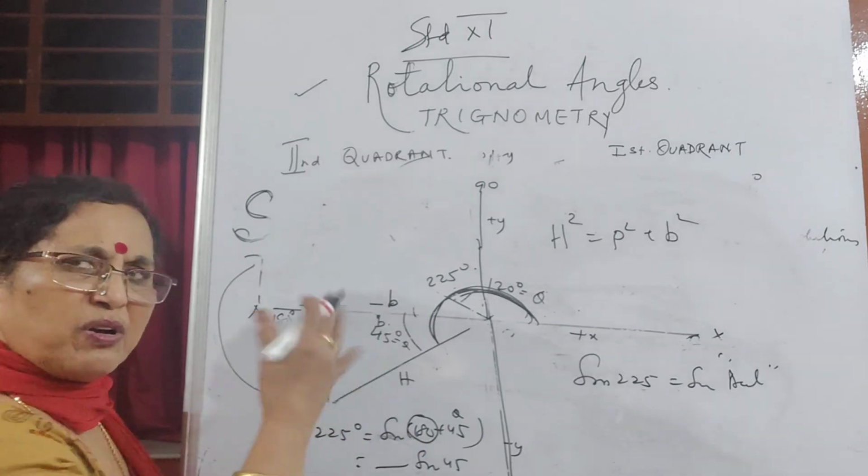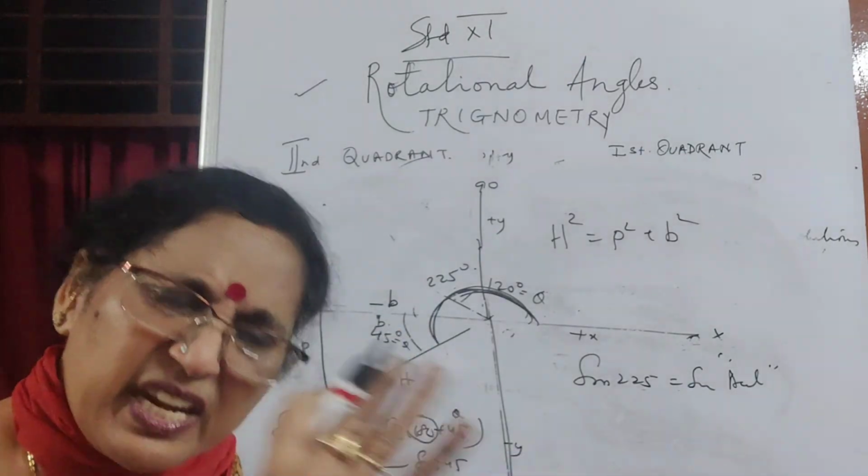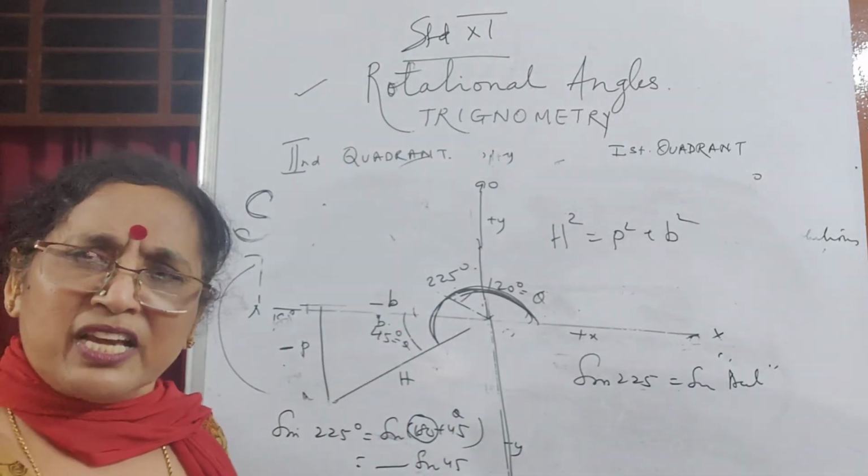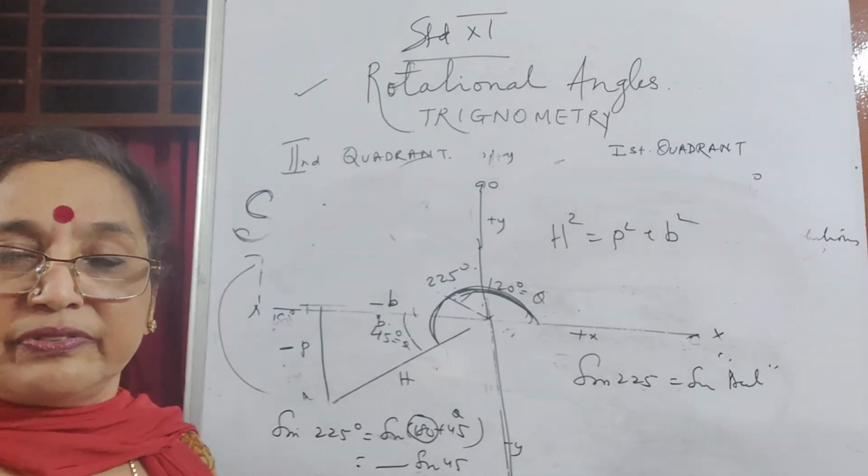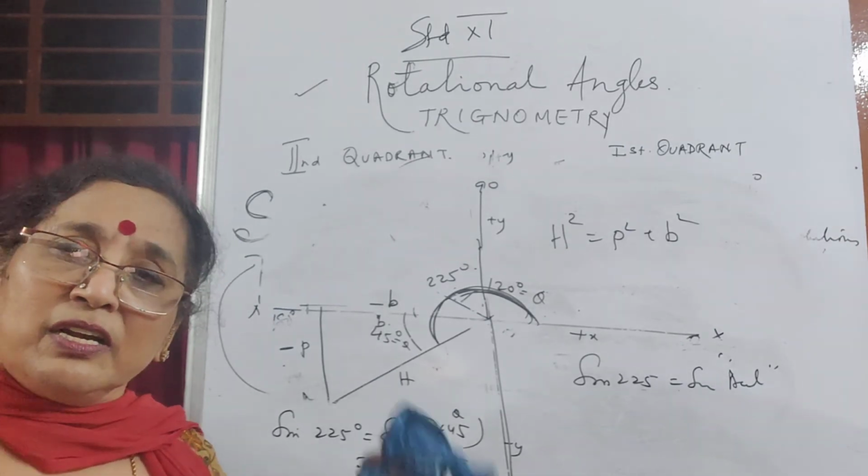Why negative? In the third quadrant, sine doesn't have its house at all. So you put the negative sign. No need to think so much, I'm explaining why it is negative. Okay, the third quadrant is tan's house.